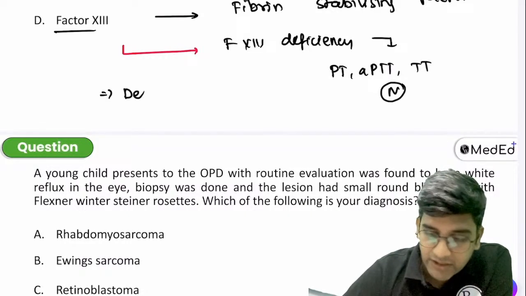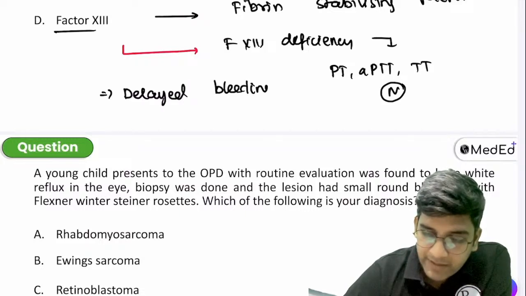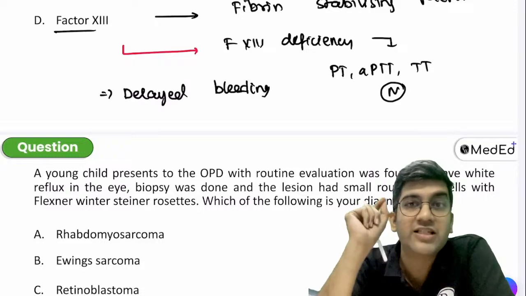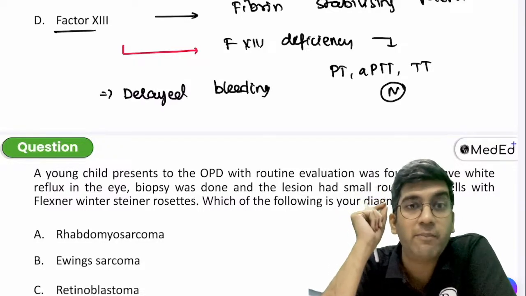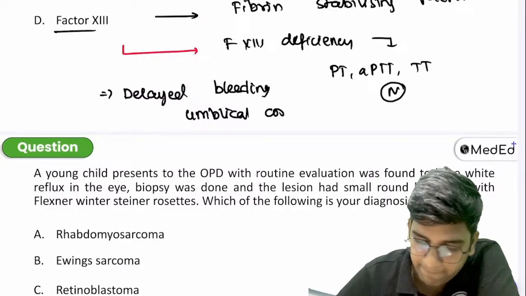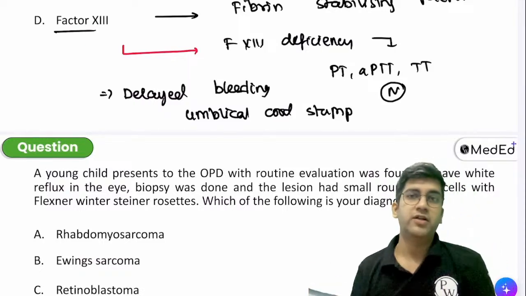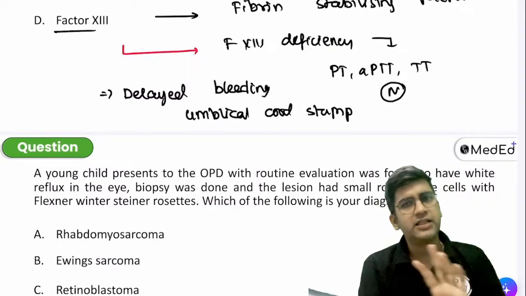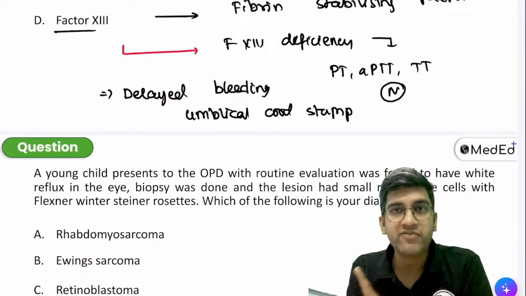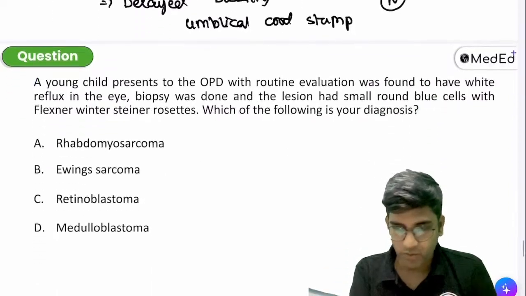Whenever a question says delayed bleeding from wound, again, remembering the same concept, what's the first wound all of us got? Or what's the first scar all of us got? Umbilicus, right? Delayed bleeding from umbilical cord stump, right? That's a classical symptom or the first symptom of factor 13 deficiency, right? It's a very classic delayed bleeding. Delayed separation of umbilical cord was LAD1. Delayed bleeding from umbilical cord is for factor 13 deficiency because there's a fibrin stabilizing problem. Fine.